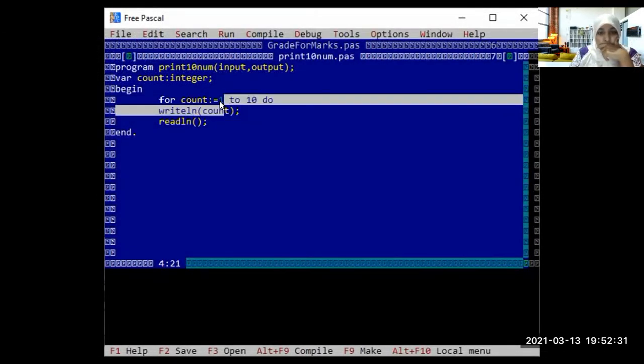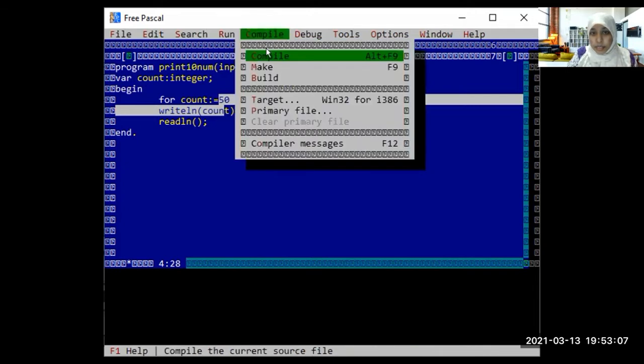Okay, we'll say here like 50 to 80. There are many numbers that will come, right? So we'll say 50 to 70. I am telling the count is equal to 50 to 70 do. 50 to 70 do means it starts from 50 and does the numbers until 70.